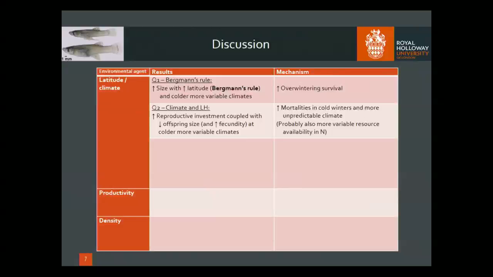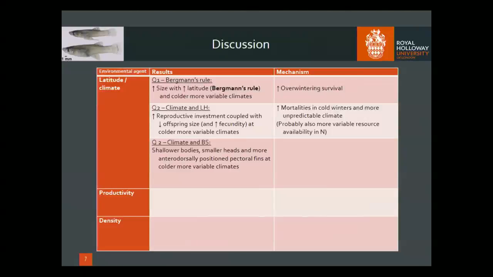You might get occasional cold spells. Potentially there are also spikes in nutrient and resource availability. And so, probably because of that, the fish are selected to invest as much as possible into individual reproductive bouts, because there's relatively high uncertainty that they might survive to a subsequent reproductive bout. And at least this pattern would be congruent with that. We also found some interesting patterns with respect to how body shape reacts to climate.